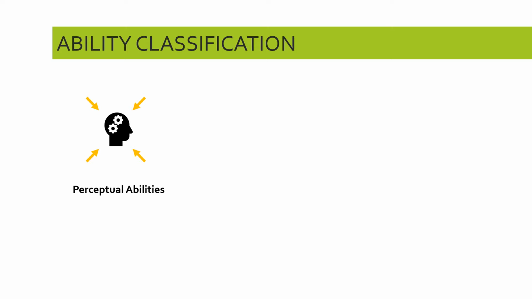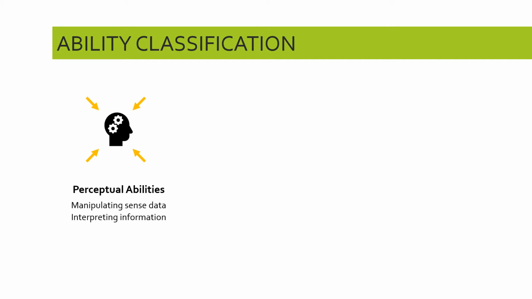So essentially then what we're talking about when we say perceptual abilities are the player's abilities to manipulate the sense data internally that's arriving from the external environment and to interpret that in some way. So to manipulate the sense data, whether that's sight, sound, whatever it might be, and interpret that information. We'll talk more about perception and how it works in another video, but for now, let's just acknowledge that there is a set of abilities that we each have relating to perception. And they come from our various senses.